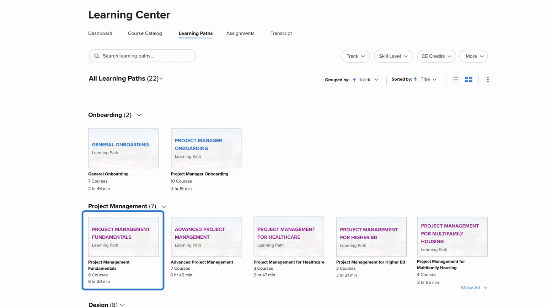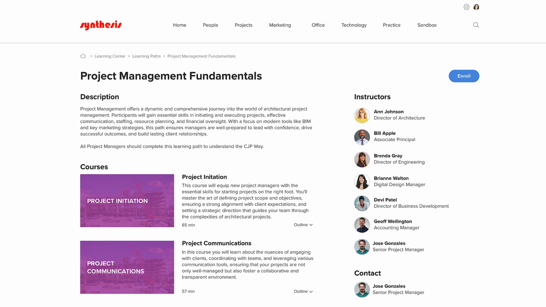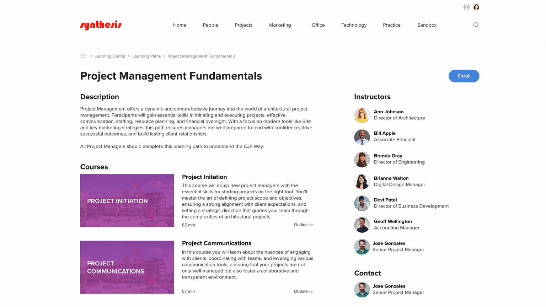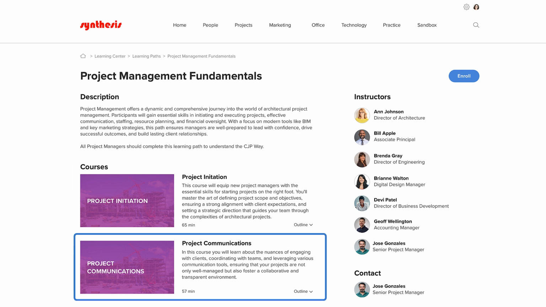Let's explore the Project Management Fundamentals learning path. The learning path starts with a short description, explaining the learning objectives for the learning path, as well as the target audience. You can see that there are 8 courses in the Project Fundamentals learning path, including 6 courses from the Project Management track: Project Initiation, Project Communications,